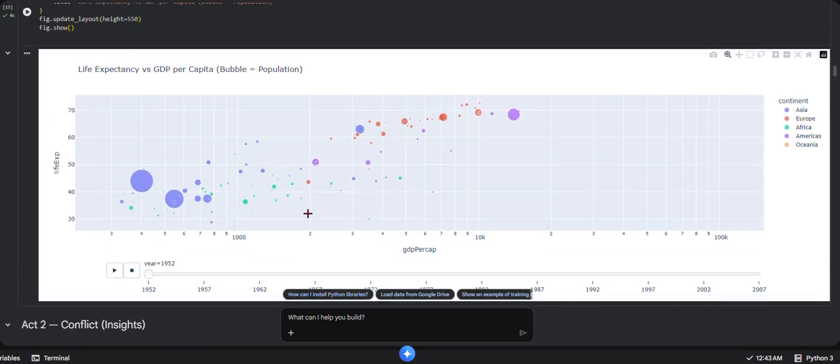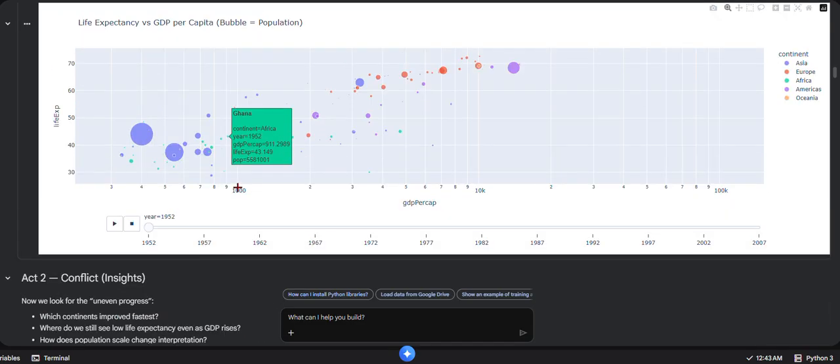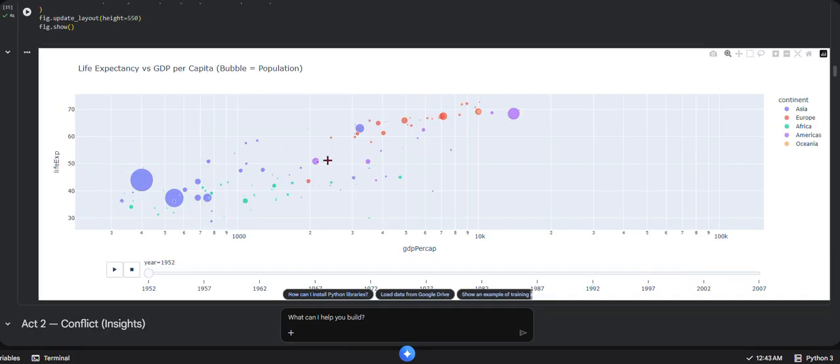And then we have the pre-attentive cues. Position encodes the relationship, color separates continents, and size gives context about population weight. And now we use a log scale on GDP because the range is huge. Without it, low-income countries compress into a corner. For the action on screen, we now press play on the animation for a few seconds and hover over a country. You can see